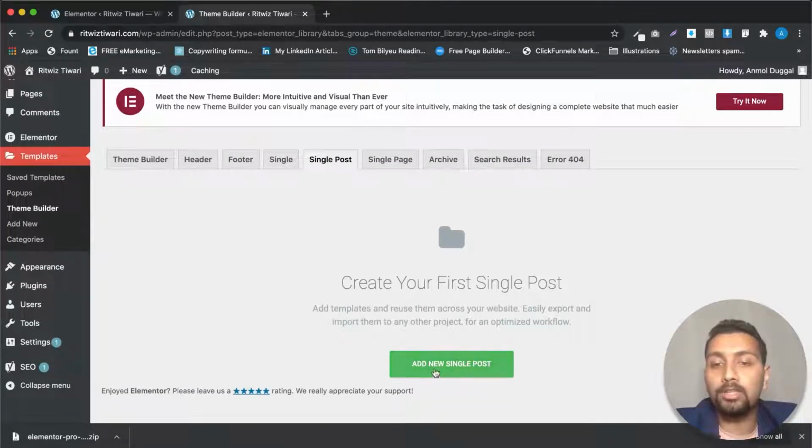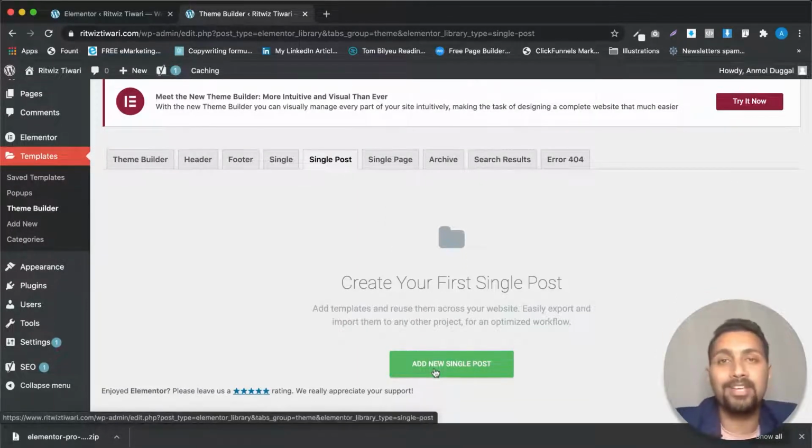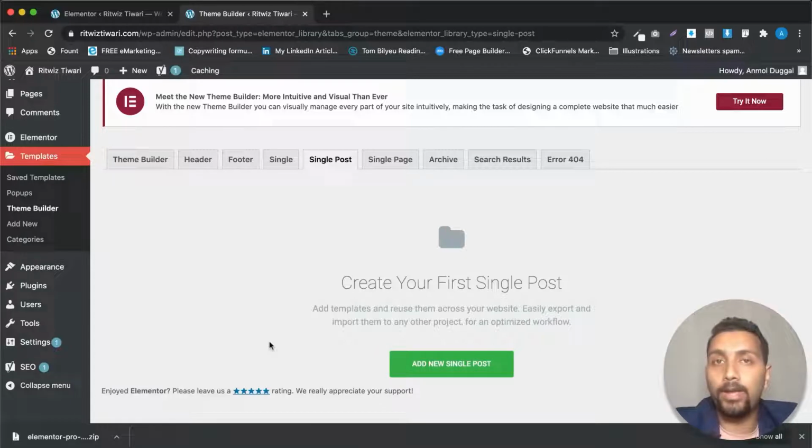I'm not going to just click on the button and show you how to use that, because that's the idea for the next video, where we are going to actually talk about all the widgets and how to place them, how to edit them. So just stay tuned for that video. Let's talk about the options that Elementor provides you in this one. And from the next video onwards, we are going to dive into the Elementor platform, and we are going to start playing around with the widgets, and we are going to start designing stuff.